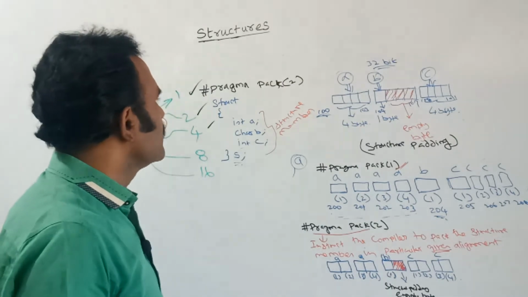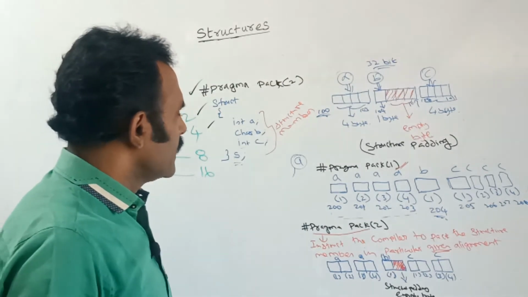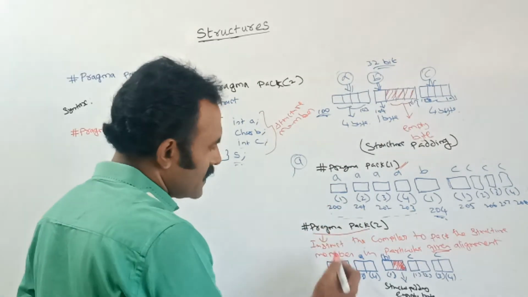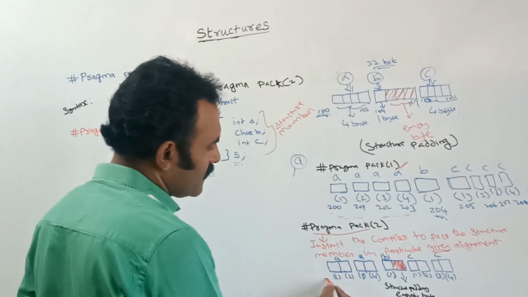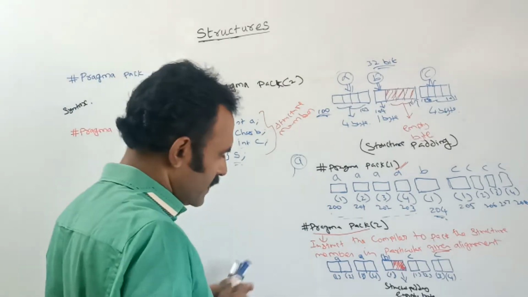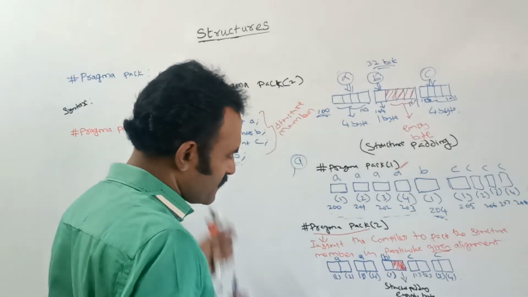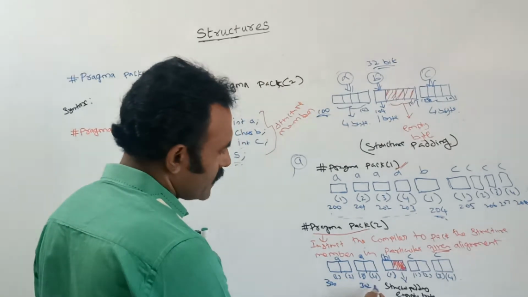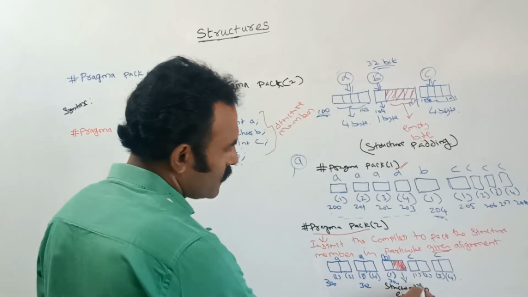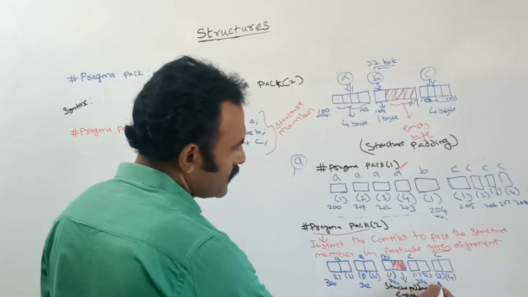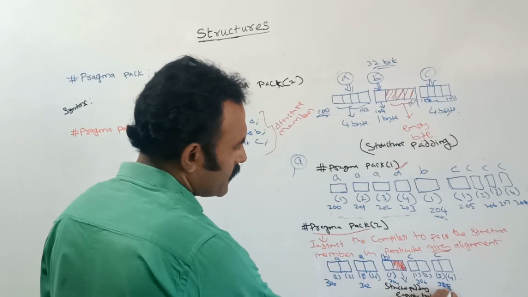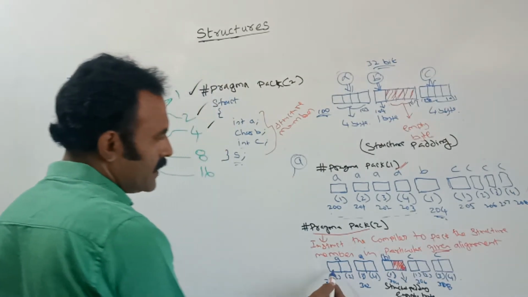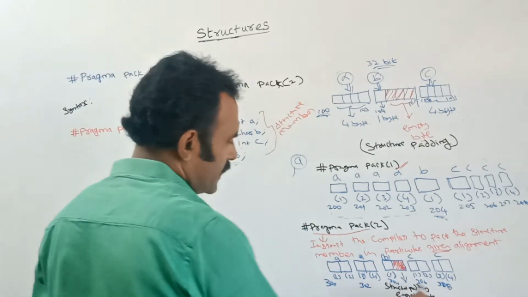See, now let us see the simple program here. Let us assume this address here. For example, if the memory address starts from 300, then 301, 302, 304, 306, 308, 309. From 300 to 309 it will occupy the bytes in this way.